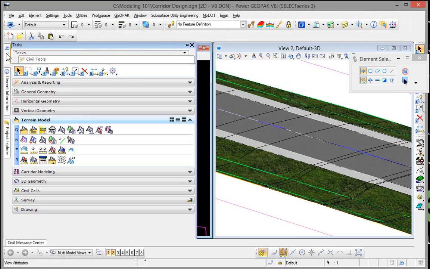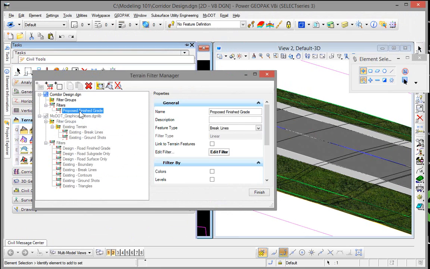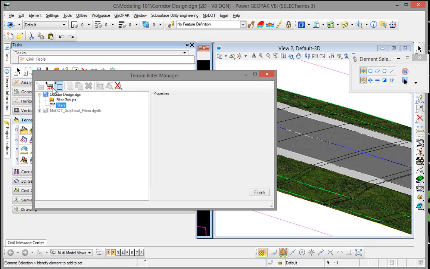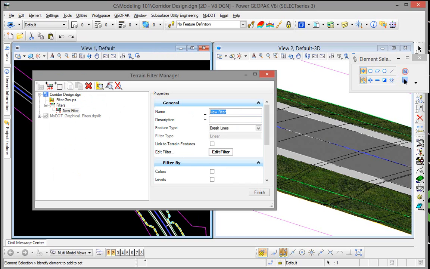Let's go down to our task, and in our terrain model we're going to go to our graphical filter manager. And I've got a new filter here called proposed finish grade that I started, and I'm just going to go ahead and delete that. We'll start from scratch. So we're going to create a new filter, and we can do this in DGN libs, or in this case example I'm just going to do it in the DGN file, but we're going to make a new filter, and I'm just going to call this proposed